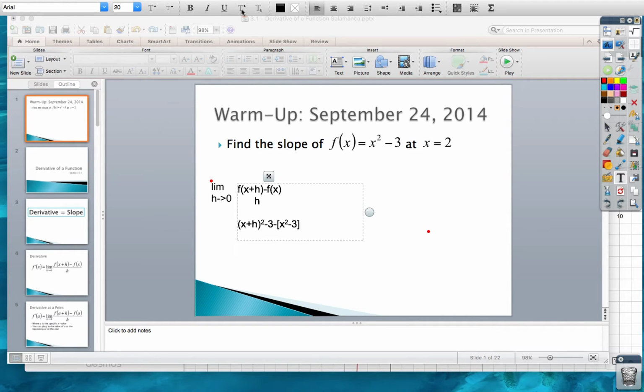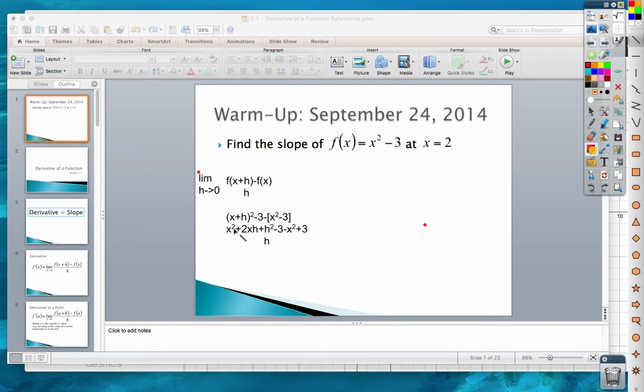So we're going to end up with x squared plus 2xh plus h squared minus 3 minus x squared plus 3, all divided by h. And what you'll notice here is that our x squareds should cancel out, our 3's should cancel out,